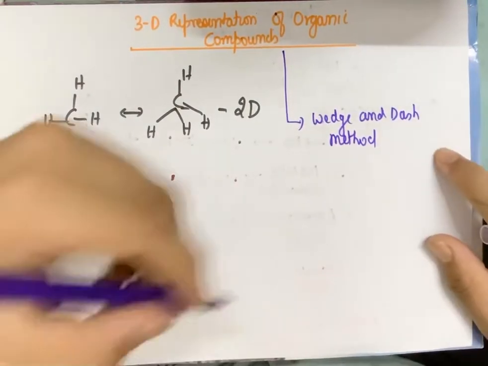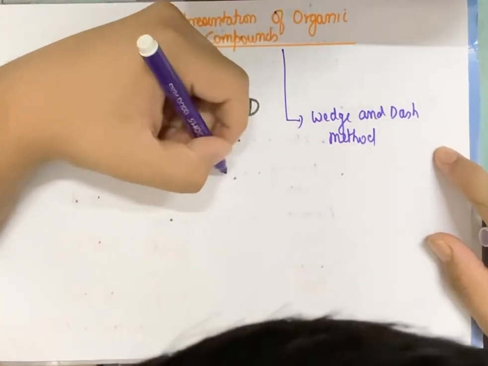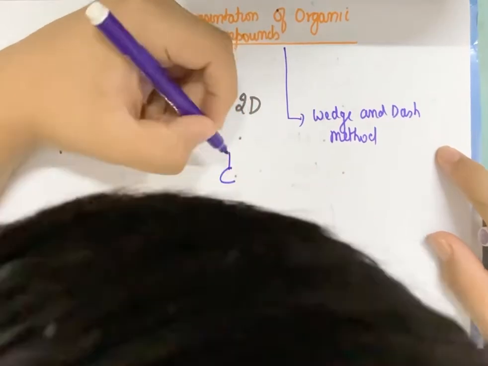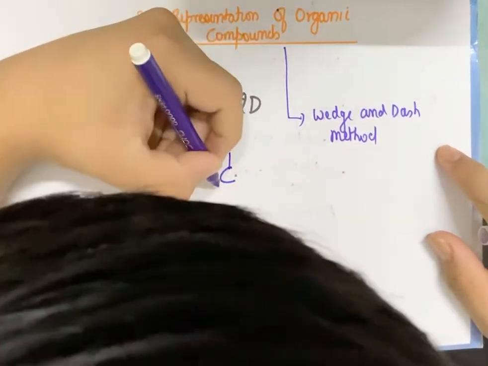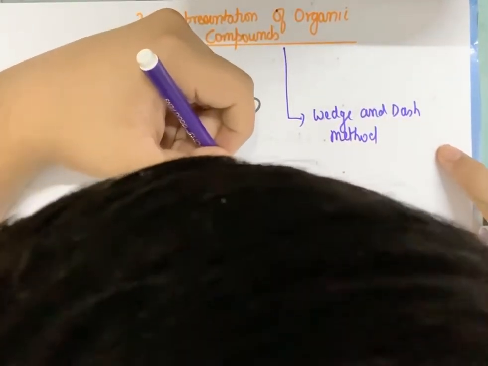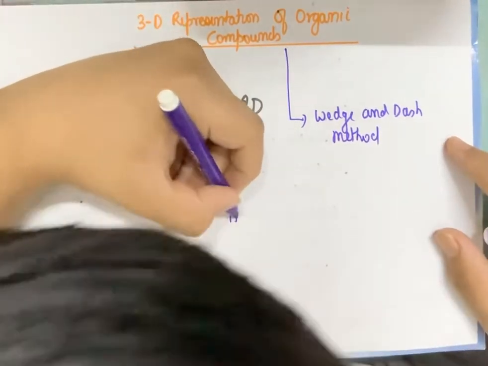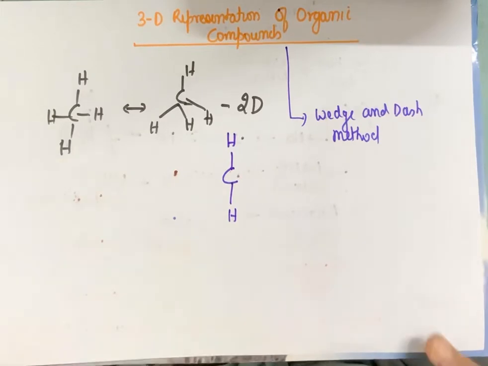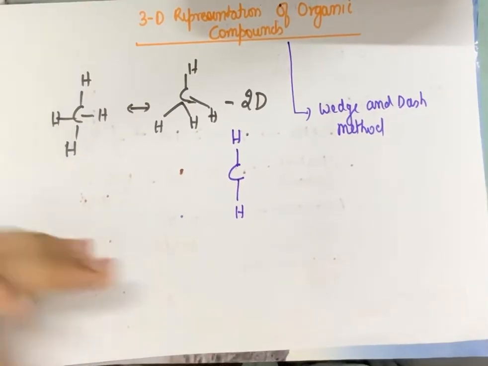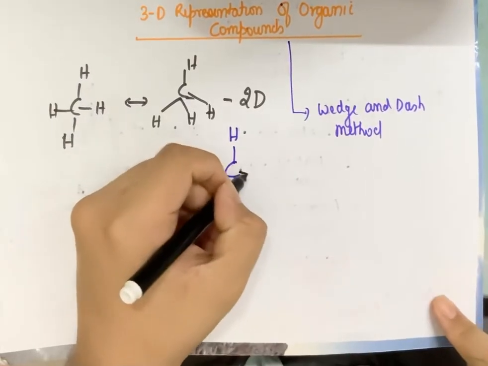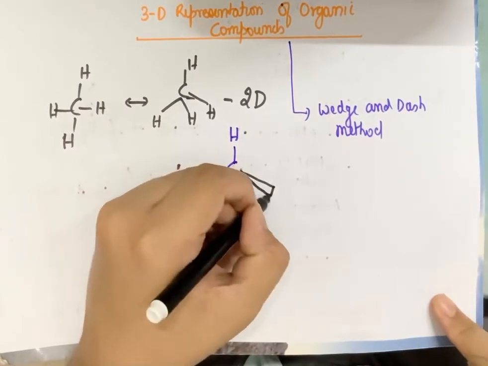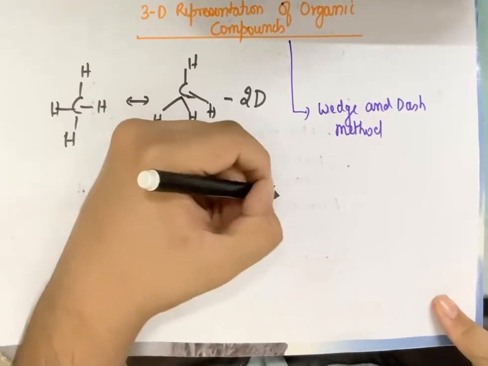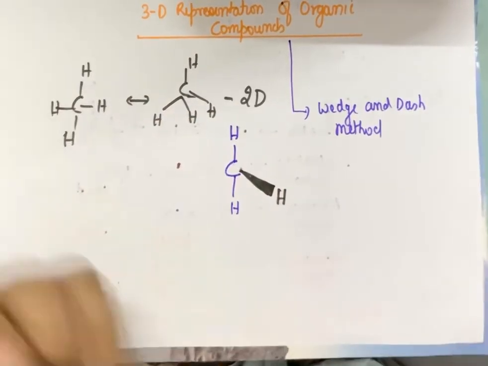Now for this, let me take the example of methane only. I have methane, one bond, there are four hydrogens, one hydrogen and another hydrogen, we just show normally in the plane, in a 2D way. The two other hydrogens will be shown in a three-dimensional way. One hydrogen will be shown by a solid dash which is called a wedge. It's a high dense dash, wedge, and I write a hydrogen here.